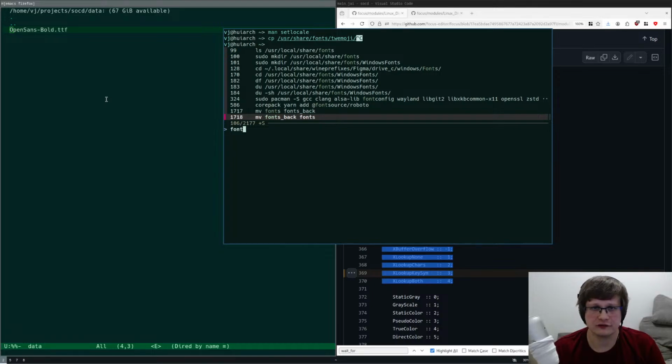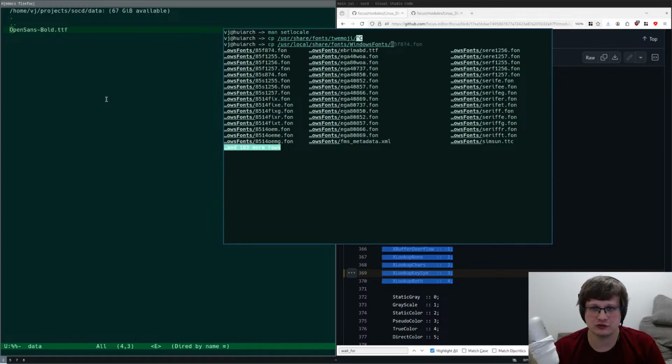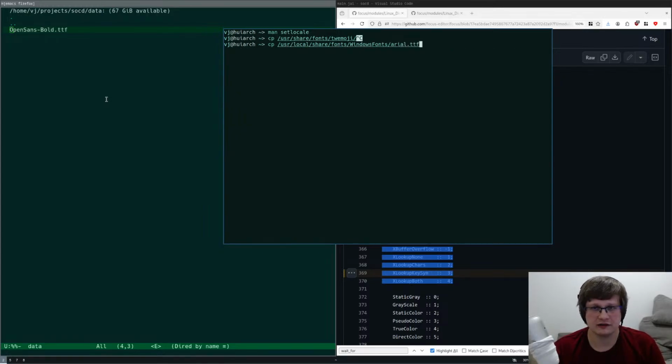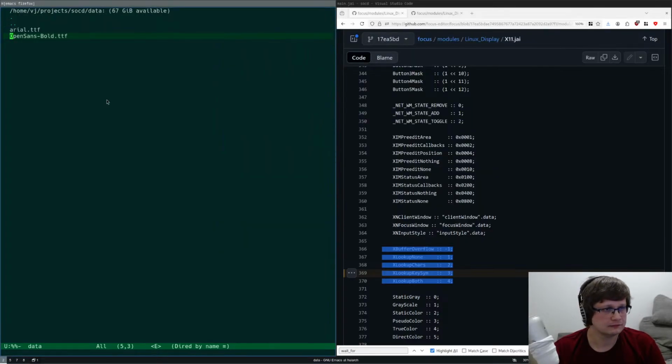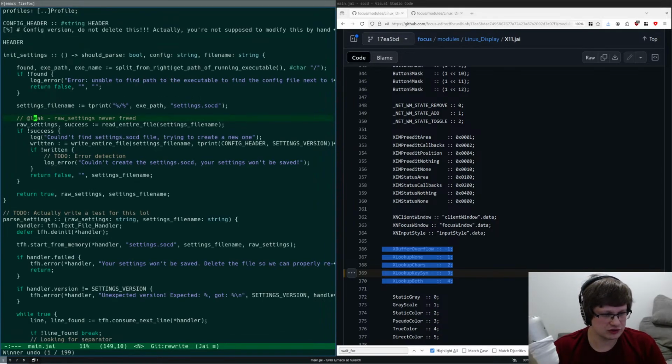User local share fonts. Yeah, Windows fonts, and let's do Arial TTF. Arial TTF, and we copy it to projects SOCD data. Yeah, Arial TTF. And now in our main, oh shit,